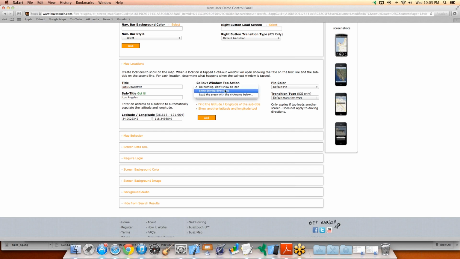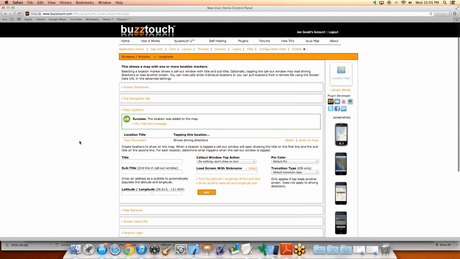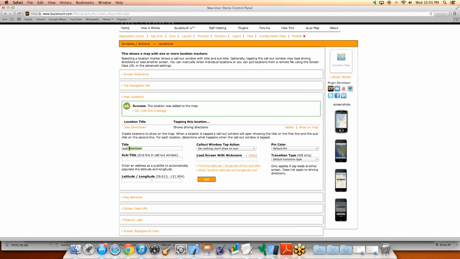Actually, let's look at what else we got. The callout window. Let's do a show driving directions on this one. And let's make that one a red pin. Hit add. So it adds Joe's Downtown. And let's maybe put